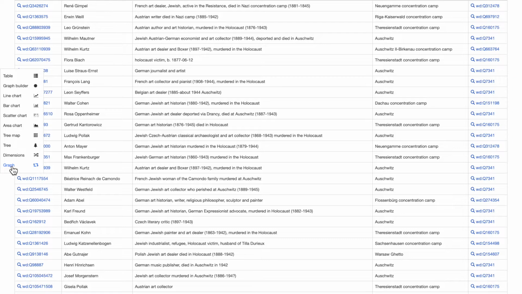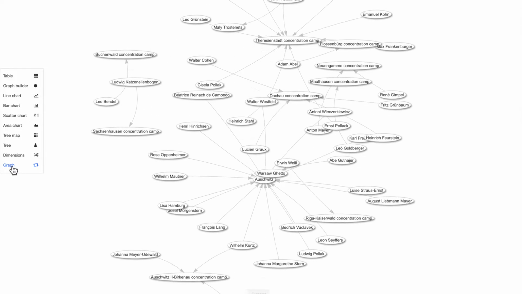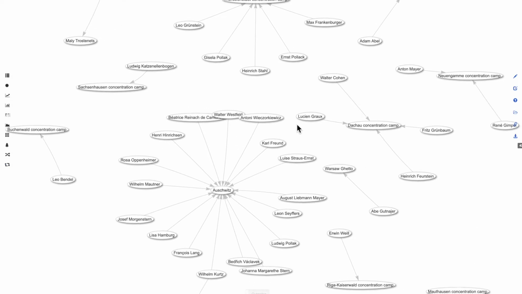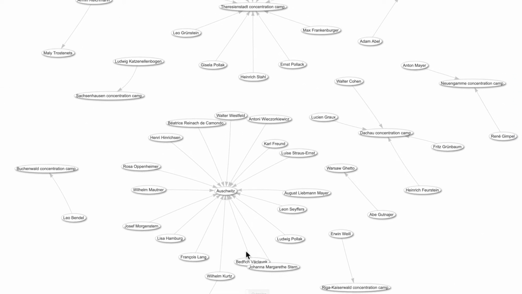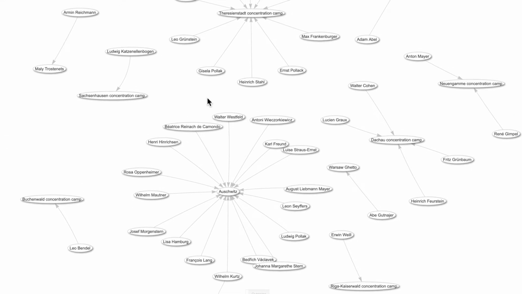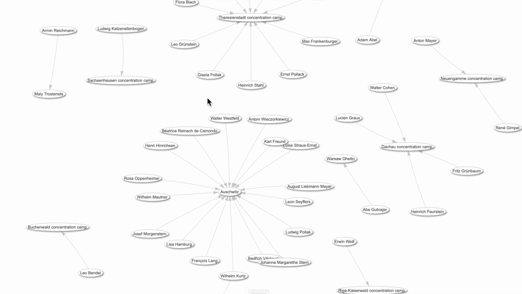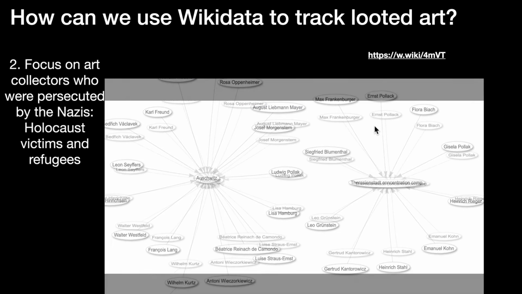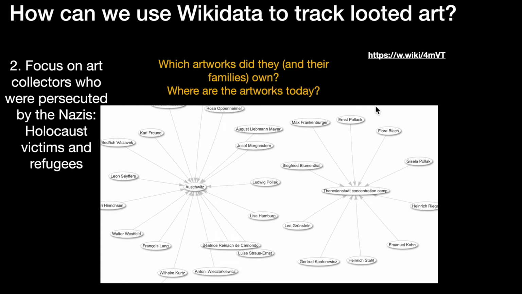So we can view it as a table, of course, but we can also view it as a graph. And we have information about all of these people and the artworks that they owned as well. So what would be the next step once we know which art collectors died in concentration camps? Would be to find out which artworks they and their families owned, where are those artworks today, and through whose